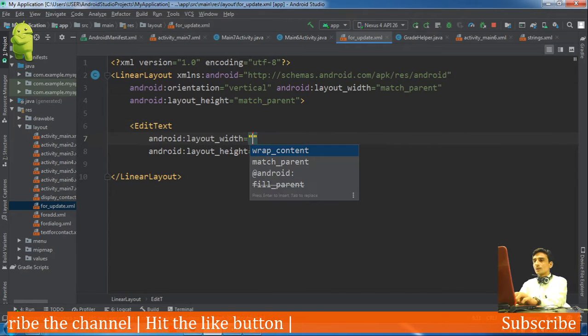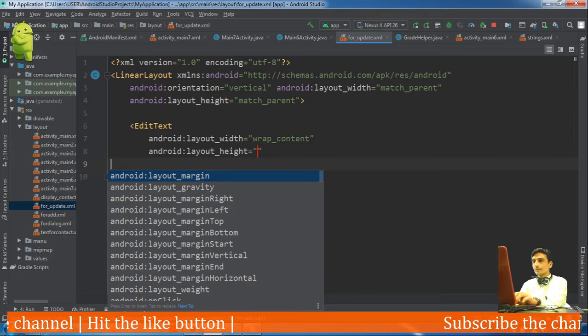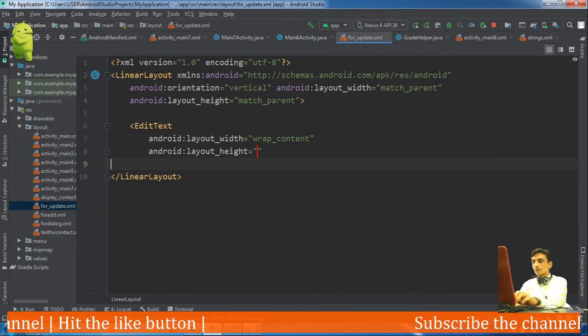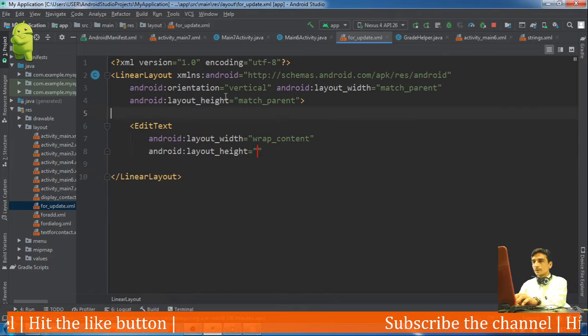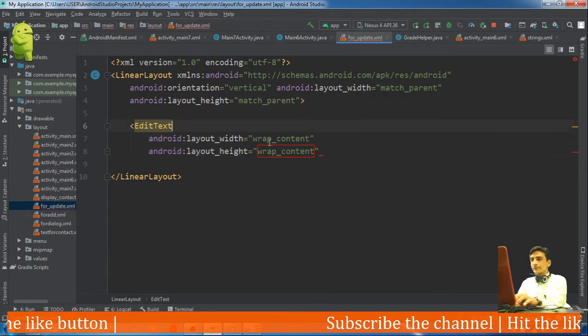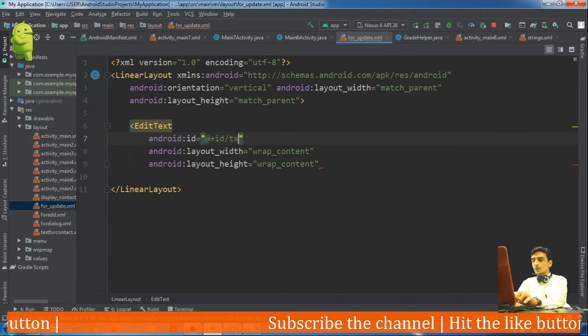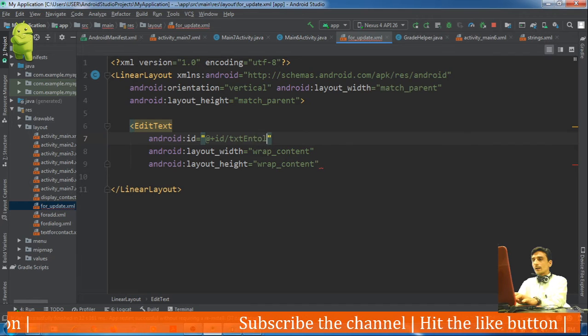Edit text, wrap content, also here wrap content. Okay, we also need to give the ID here, txt enrollment.